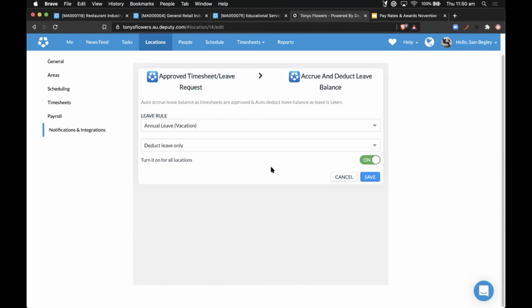Then if someone is rostered on for their 38 hours in their normal locations, everything stays the same. And if you want to roster them on for 4 hours extra that week, please roster them on in that location, and then it will accrue that leave type only in that location. That's the important part here. So if it's a setup like that, where above 38 hours accrues leave, please create a separate location for that if you want to use this.